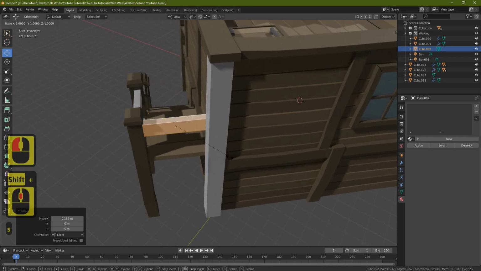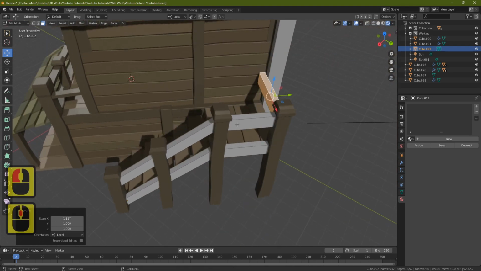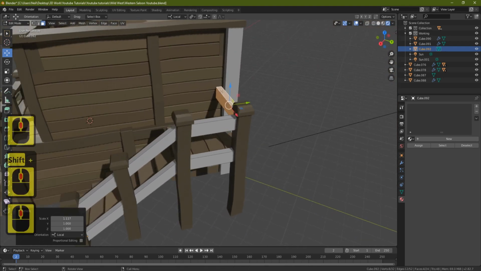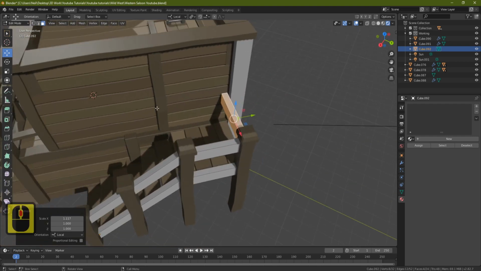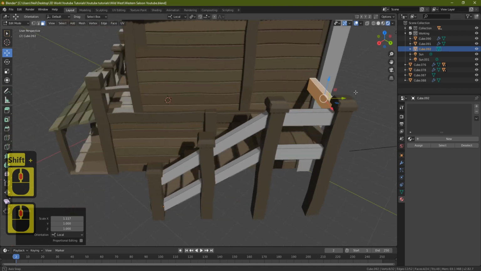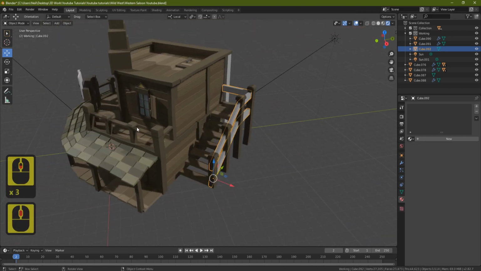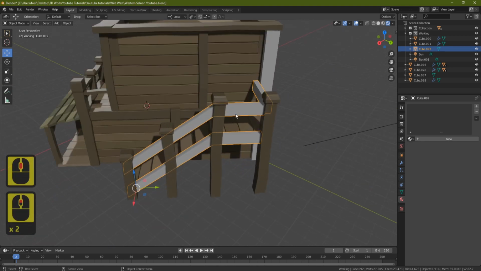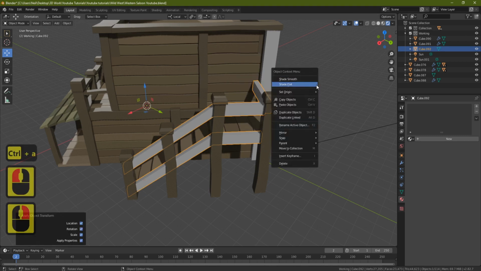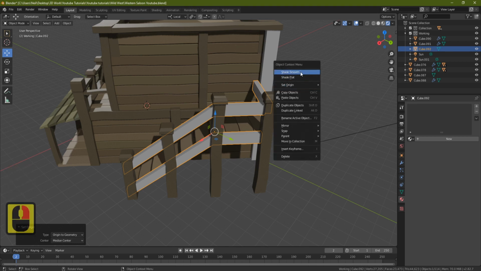I'll probably have to make these a little bit longer, so S X, pull it out just so it fits in. And remember, we're going to have a door here and another post here, so we're going to sort that out in a minute. Alright, so that looks good, and one thing I'm actually going to do is make a new material for these, and I'm going to replace just these fence bits. They're looking a bit too much of the same colour, so let's grab these first of all. We'll press Ctrl A, all transforms, set origin to geometry, right click and shade smooth,